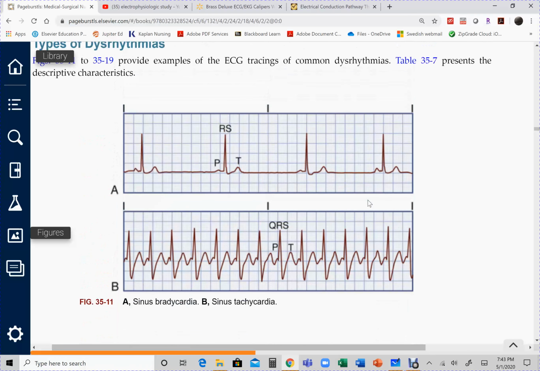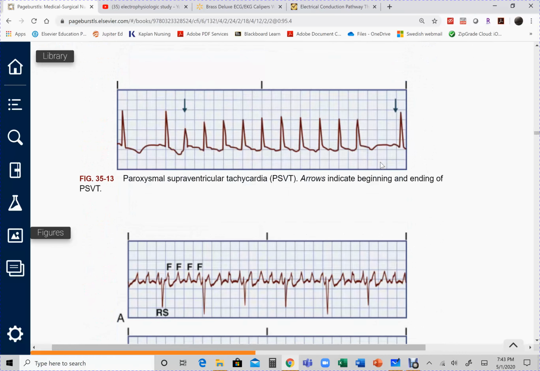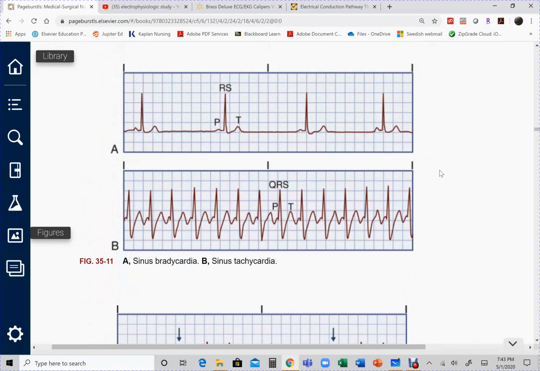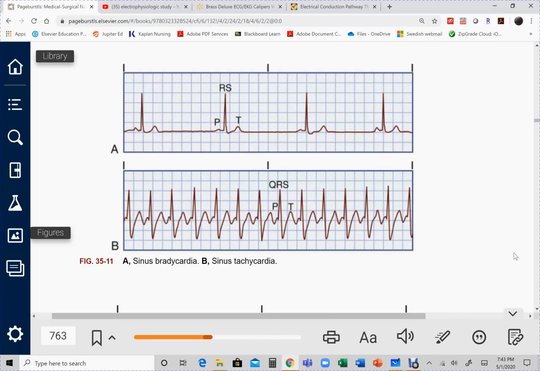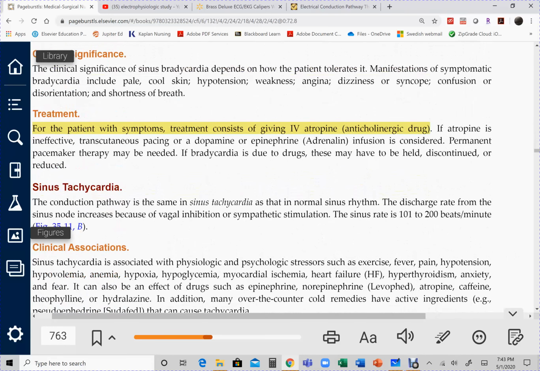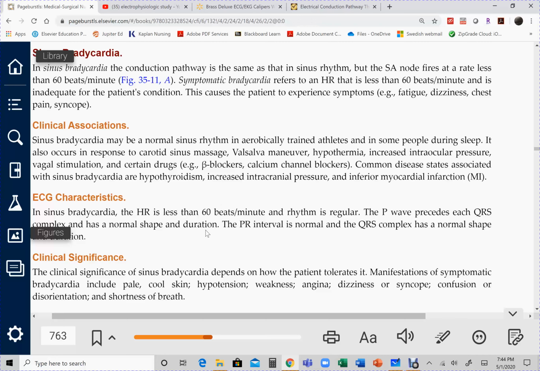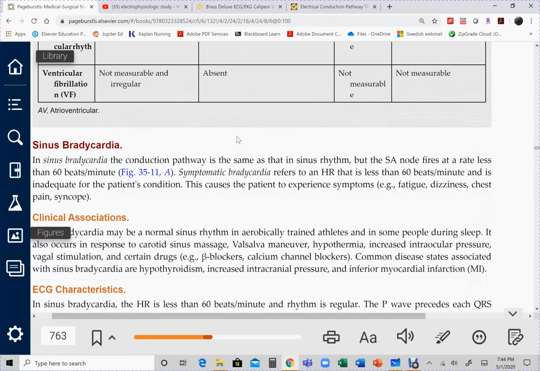So this is what I mean by what I don't like about your textbook, because they put the picture here, but the explanation is way down here. So what I'll do is just, okay, 763. Alright, so let's go now to the explanation. The discussion is right here. But at least they put the discussion in an orderly manner. So they put the description, and then they put the causes. Clinical associations are the causes, and the characteristics. They describe the strip, which in this case you'll have to scroll up there to look at it,